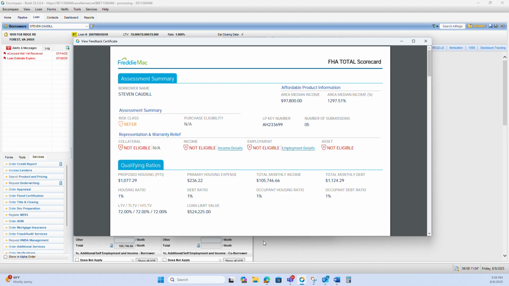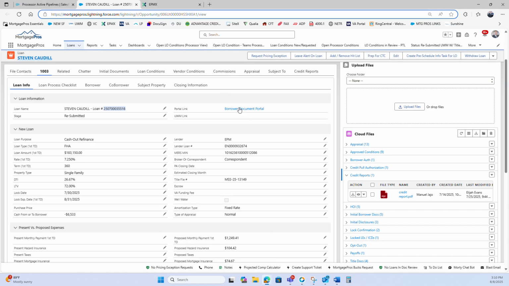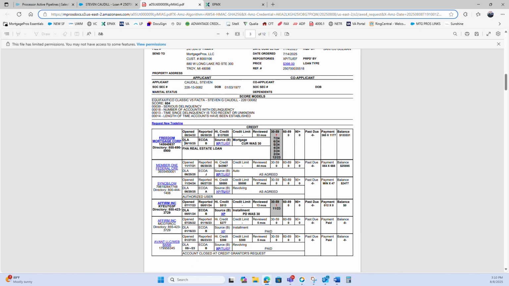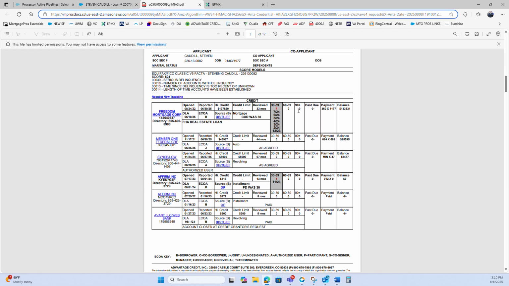at least August 2025. Let me just confirm one more time. It's not August 2025. Pretty positive it's probably July or June. DLA, yeah, June 2025. So this will always stay here for this credit report. As long as we run AUS on this credit report, we will never get an approval. So this one I'm going to probably advise take manual or put back in once they can repull credit with